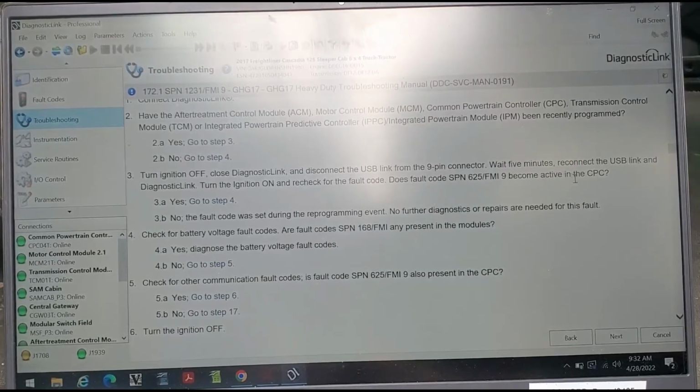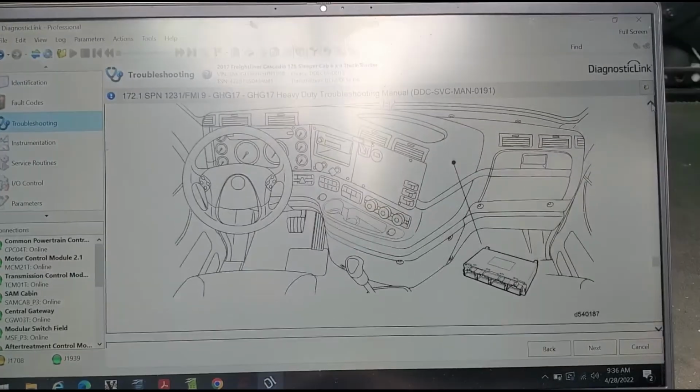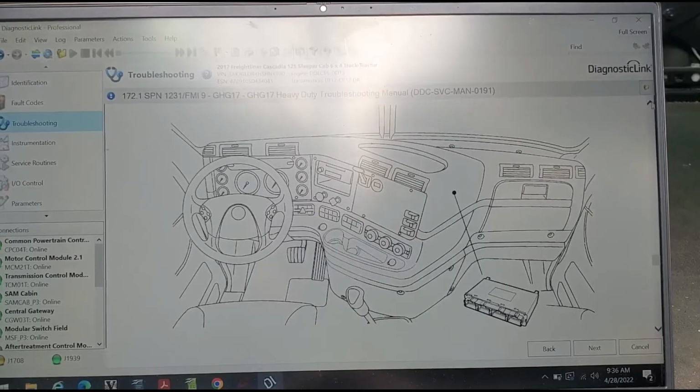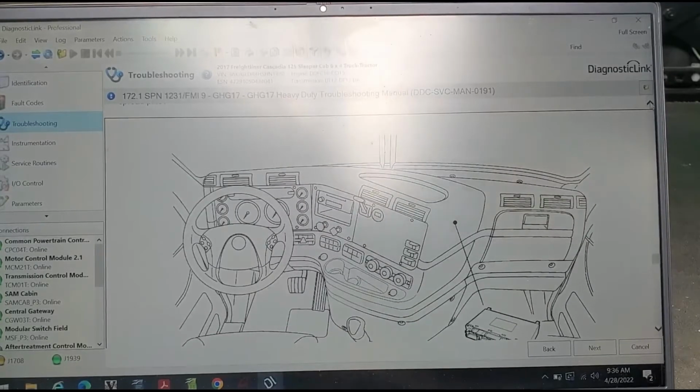See, it says, did it become active again? Yes, go to step 4. No, the fault code was only set during reprogramming. You are done. So we're going to be doing a lot of resistance measurements, but like I said, the fault code is not currently active. So these resistance measurements are going to be just fine,